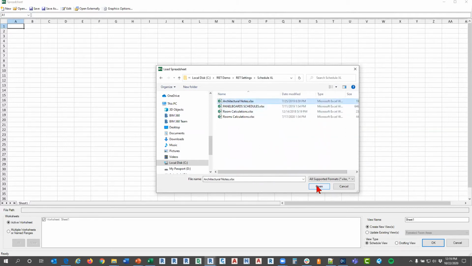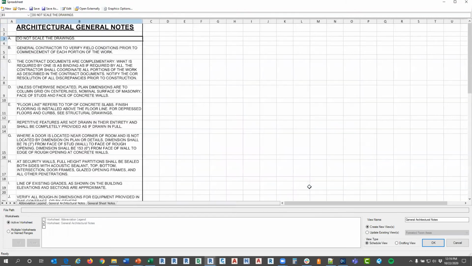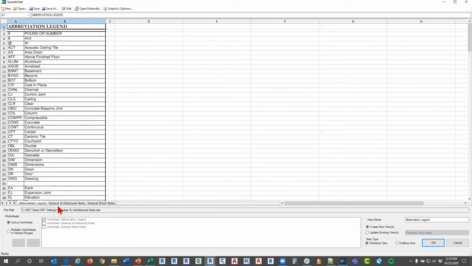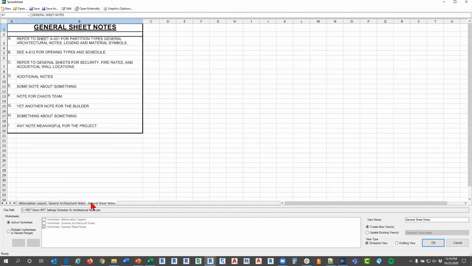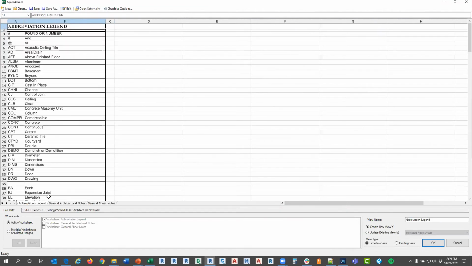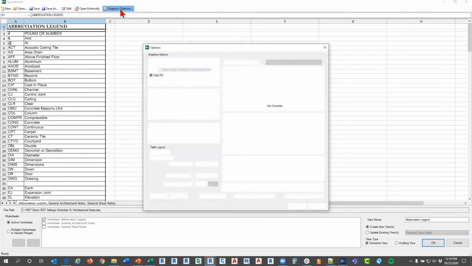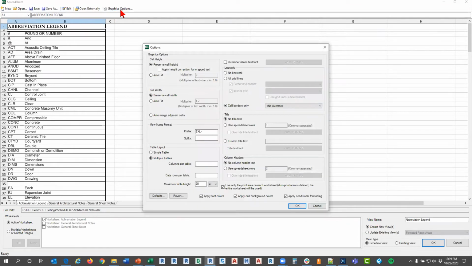So I may have some architectural notes, I may have some panel board schedules. And right in here, these are the things we're typically going to use. What's our abbreviation legend? What's maybe our general notes we're going to use, and so on and so forth. I'm going to grab this abbreviation here, and I'm going to go to my graphical options for a minute, because what this allows me to do is tell Revit how I want to bring in the Excel spreadsheet through Spreadsheet link, or excuse me,